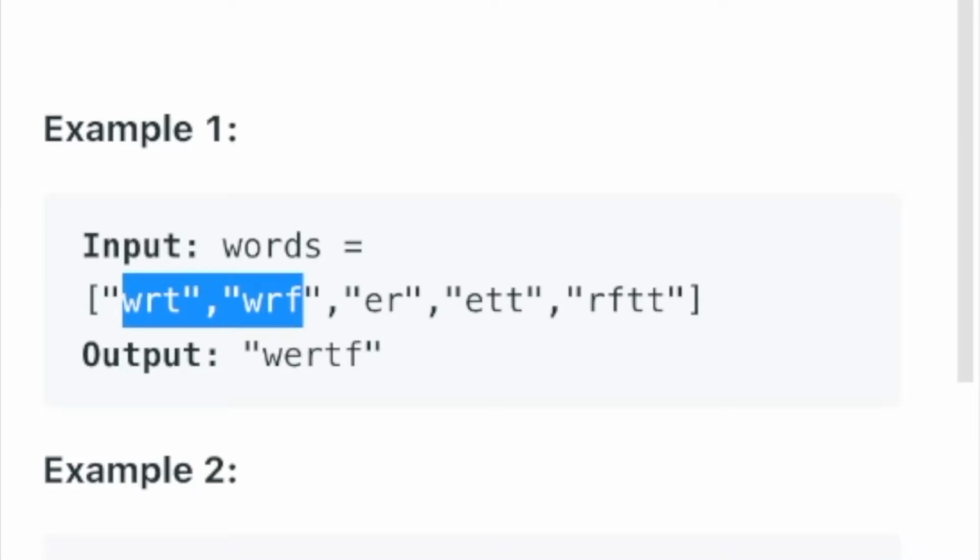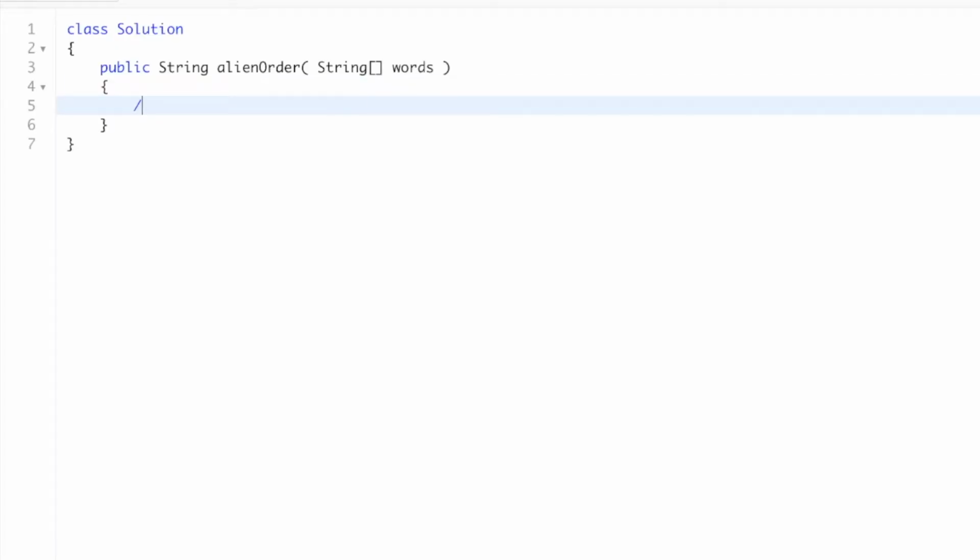So if we just look at these first two words, WRT and WRF, the first difference in these two words is T and F, which means that because WRT came before WRF, that means that T is less than F in this alien alphabet. So what we're going to do is we're going to create a directed graph, and then we're going to run Kahn's algorithm on it. Kahn's algorithm, if you're not familiar with it, all it does is it